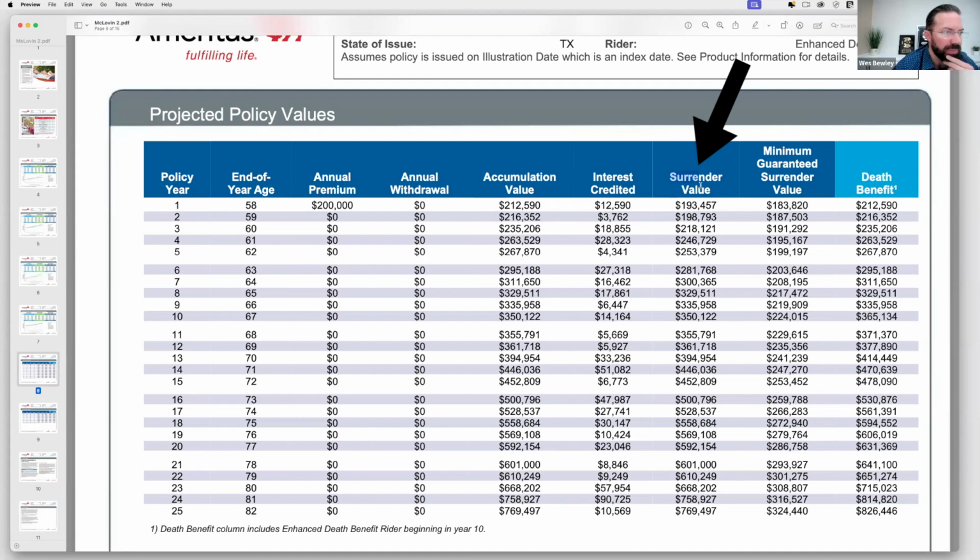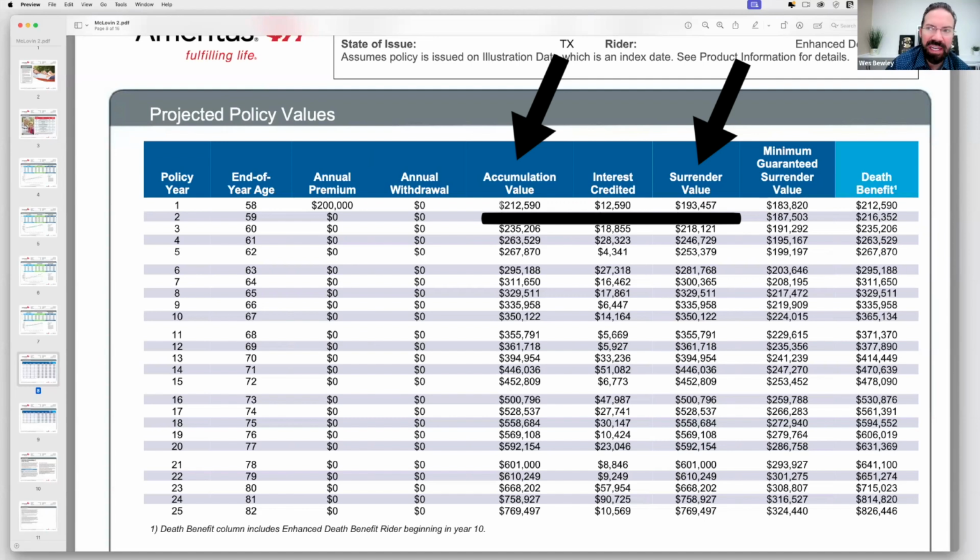And let's spend some time here and talk about this, because this could be one potential drawback to a fixed indexed annuity that some people could have. I don't think this is a drawback for you, but this is a 7-year annuity. Remember, I said at the beginning this was 7 years. So if we look at the accumulation value column and the surrender value column, notice that at the start of year 8, these numbers are identical: 329,511 and 329,511. But before that, they're not.